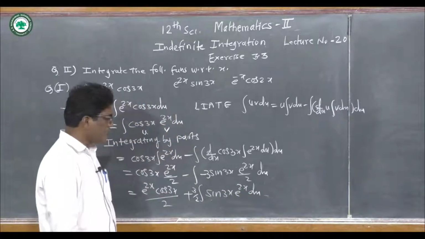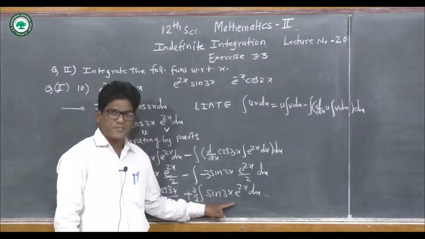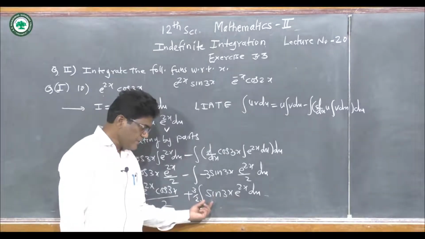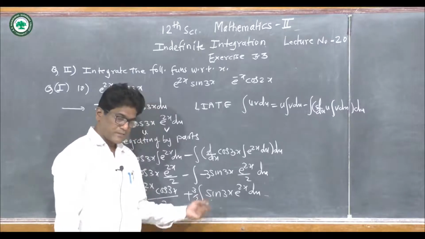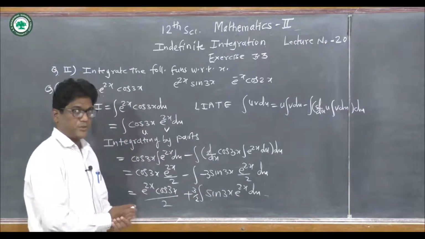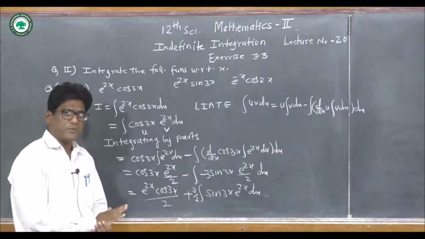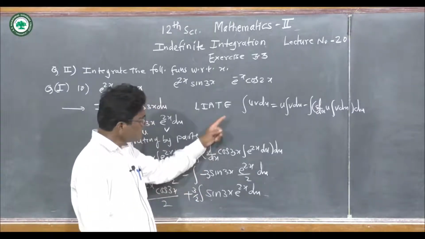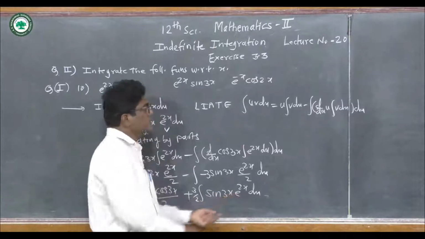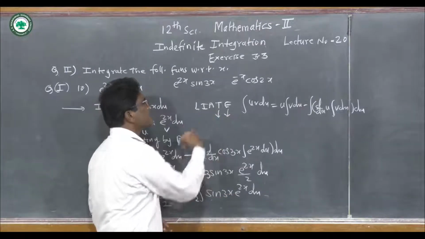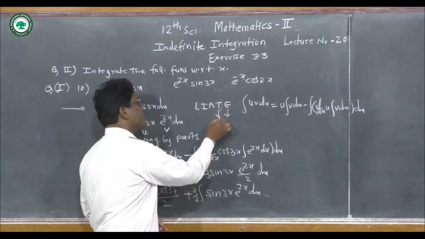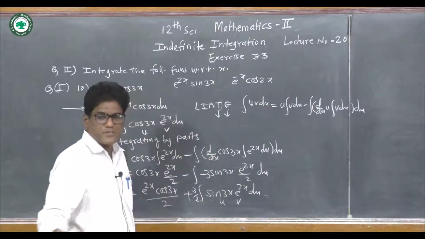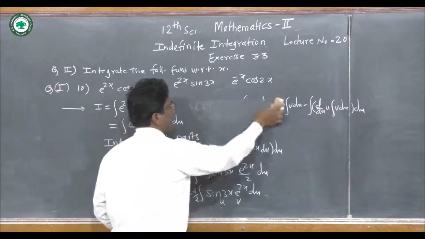And now see here, again the integration of a product of two functions, that is a trigonometric function and an exponential function. Again we use integration by parts, that is the integration of uv dx. Again the choice of u is according to the LIATE rule. Here a trigonometric function and an exponential function, so we take the trigonometric function as u. So this is u and this one is v. And again use here the uv rule.